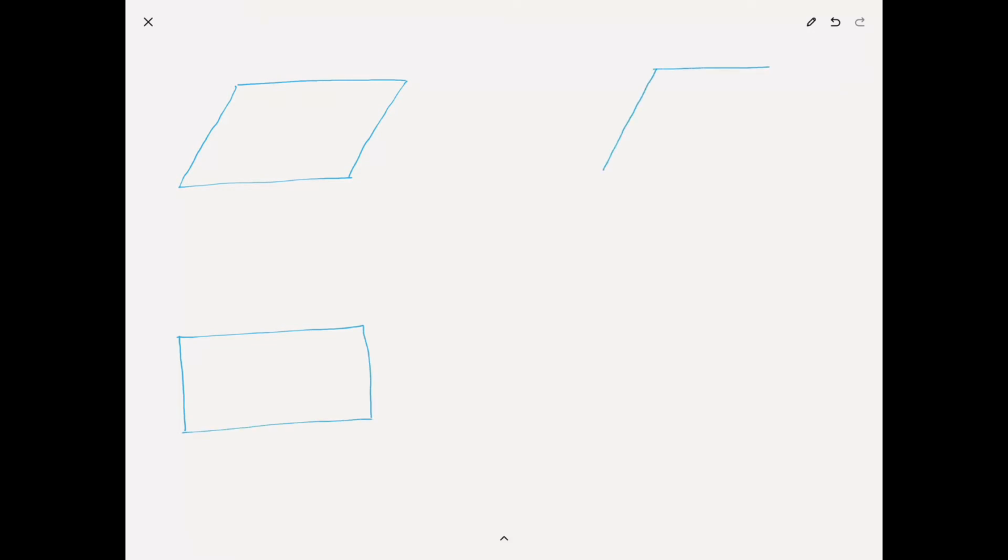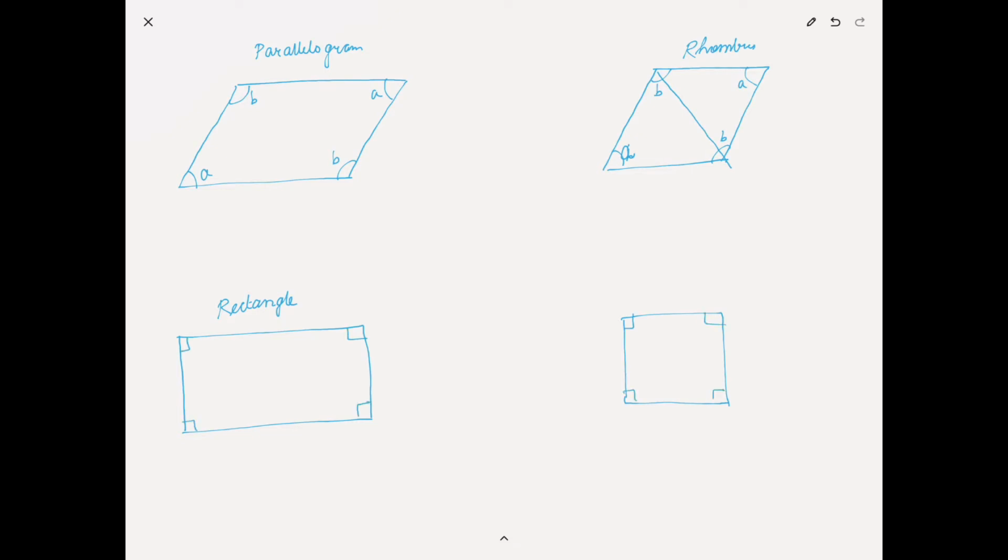Quadrilaterals have different angle properties depending on the shape. First we will consider a parallelogram, a rhombus, a rectangle and a square. A rectangle is a special kind of a parallelogram which has all interior angles 90, and a square is a special kind of a rhombus which has all interior angles 90. Parallelograms have two sets of parallel sides, so do rectangles. Rhombuses have two sets of parallel sides, so do squares. And rhombuses and squares all have equal sides.